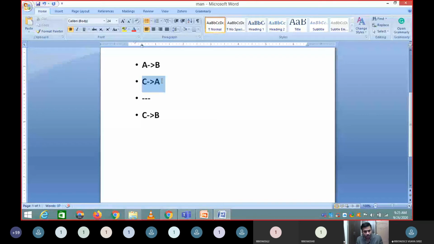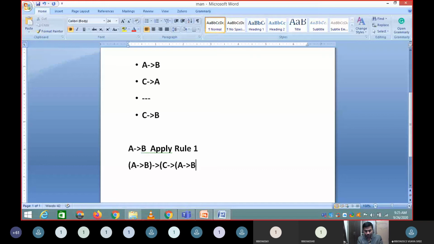What I try to do is take the first statement. The first statement is A to B, and I try to apply rule 1. Now if I apply rule 1, what I will get is A to B to C to A to B. This is what I got.